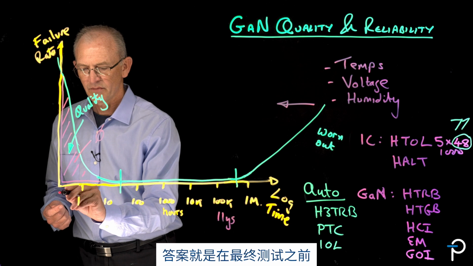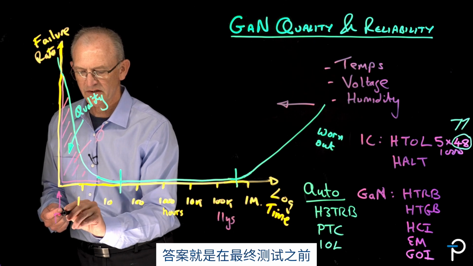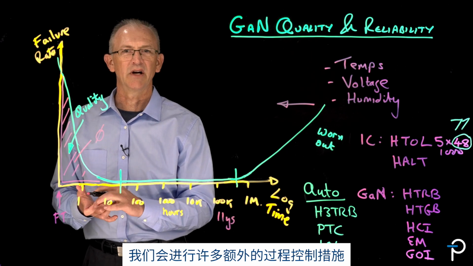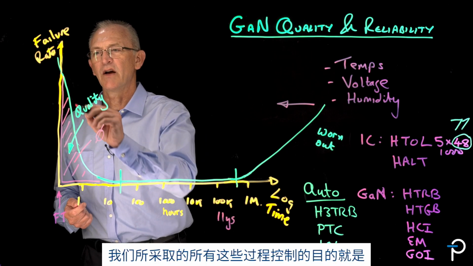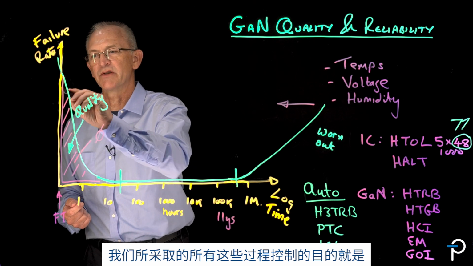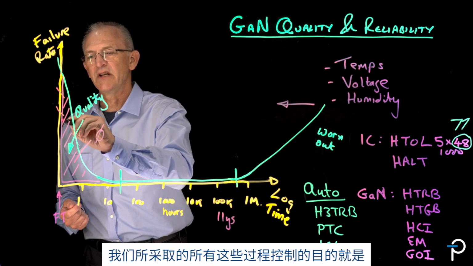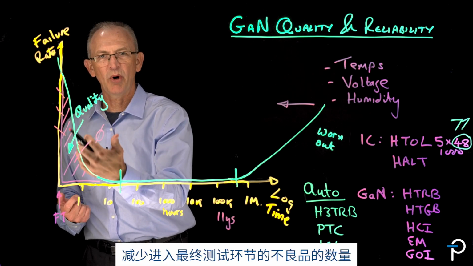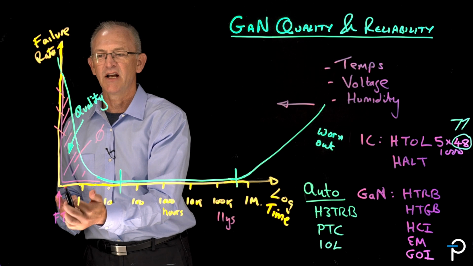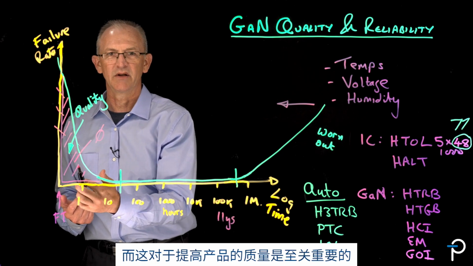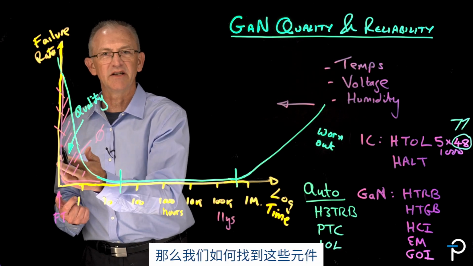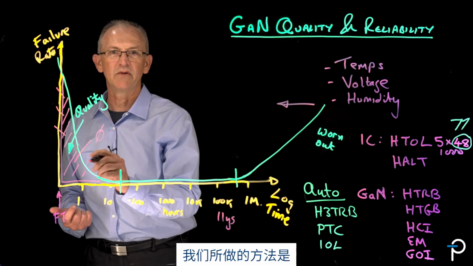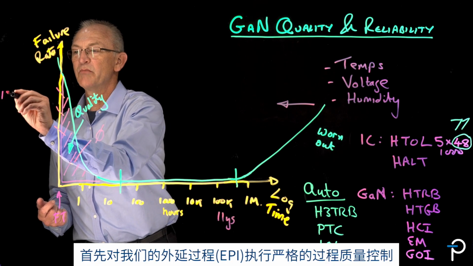Well, the answer is prior to final test, we run a lot of additional in-process monitors. And what we're trying to do with those in-process monitors is improve the quality, reducing the number of poor parts that make it into final test. And that's critical for improving product quality. So how do we find these parts and eliminate them before they even get to final test? Well, the way we do that is, firstly, our in-process